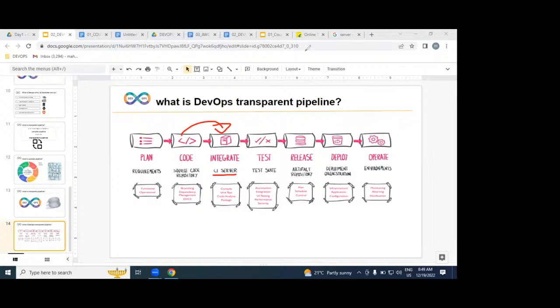Once all the developers' source code is integrated, to check whether the software is working or not, we need to execute our test cases. Who writes these test cases, DevOps engineers or testers? Testers will write them, not you and me. Our job is only to integrate the test cases written by testers.